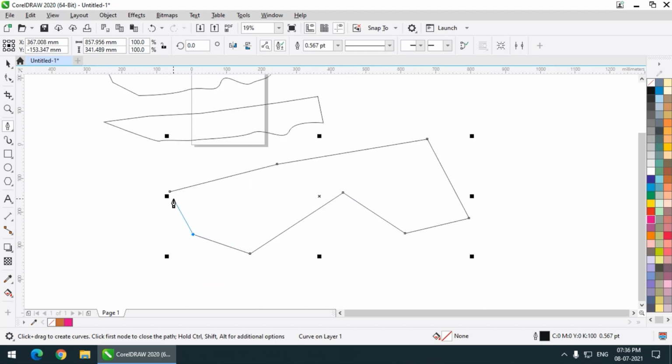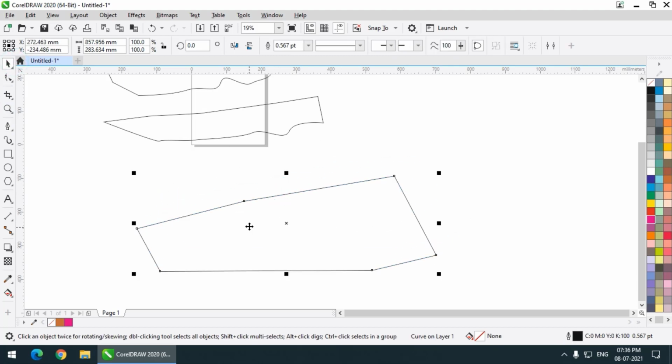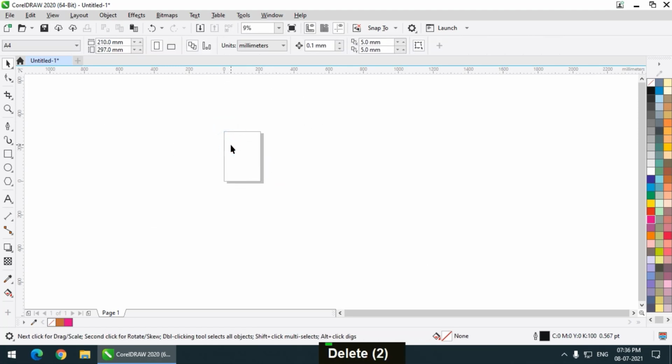So after completing the path, I can make changes in the shape as many times that I want, but while still creating the line or the outline or the shape, I cannot change the shape of the stroke that I'm creating. You can delete the nodes, but you cannot change the shape of the stroke that you are creating before completing it. After completion, you can always change the shape as you want, but in the Bezier tool, the main